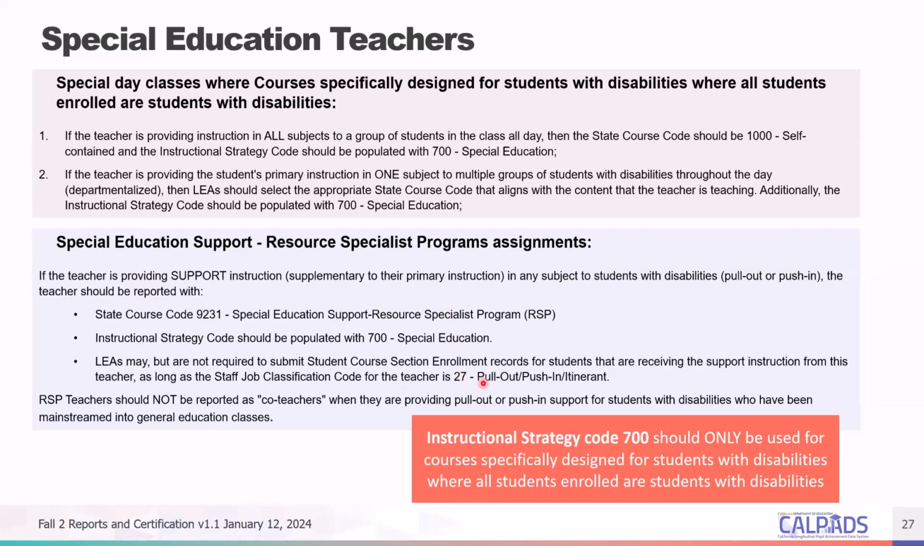So bear in mind, Fall 2 is more towards the teachers, and whether they are credentialed to be teaching the class that they are assigned. And so the reason why we're separating the RSP from the regular mainstream is because of this. You have to tell us that you have an RSP teacher and they are assigned to a 9231 class with a 700 SPED instruction. Because the reason behind this is that if you report them as team teaching to a mainstream class, and